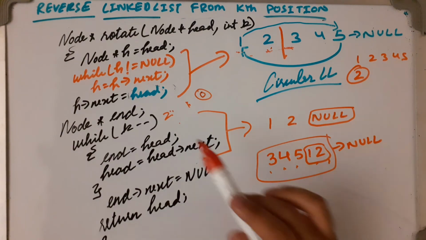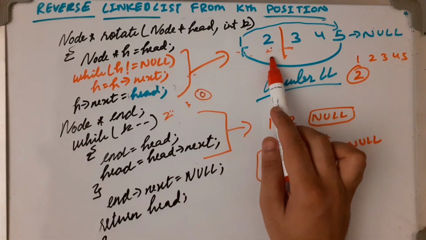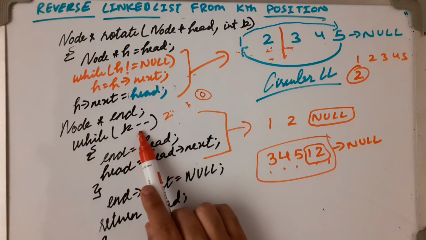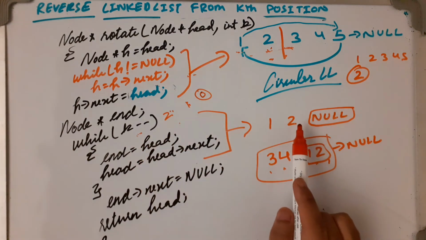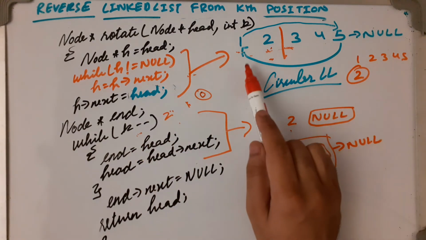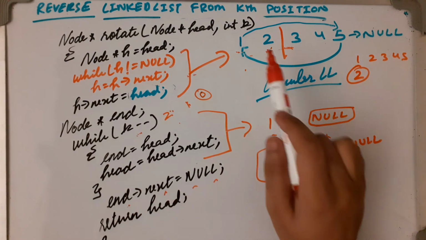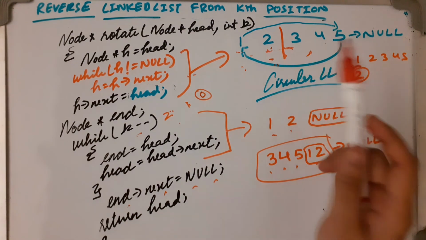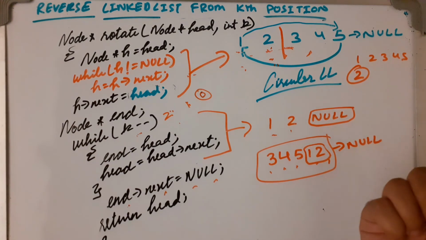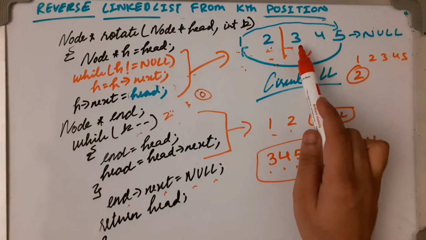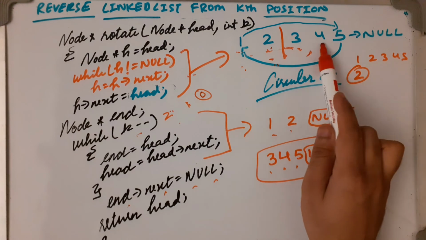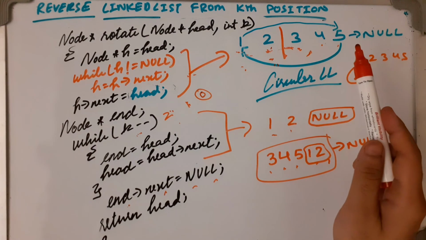What we have done: first we made it a circular linked list, and then we go to the kth element, like 1 2, and after 2 it does n of next equals to null. For next it is putting the null. So obviously a linked list always ends with null and starts with 3. It will be 3 4 5 1 2, because after 2 it is a null.